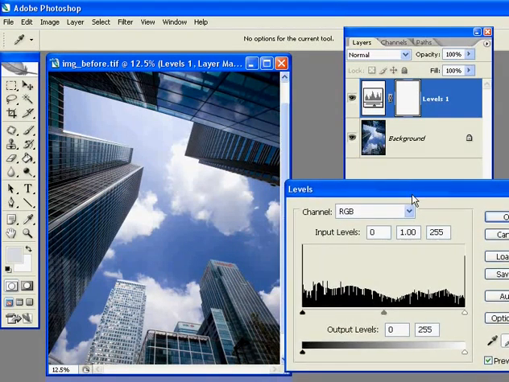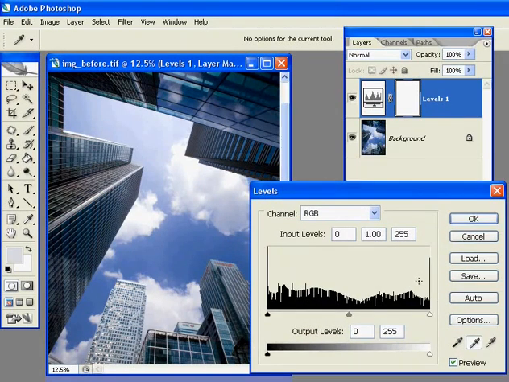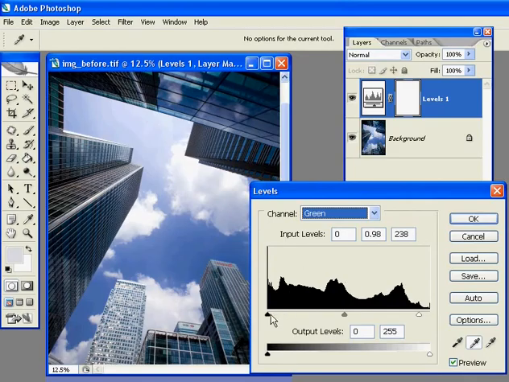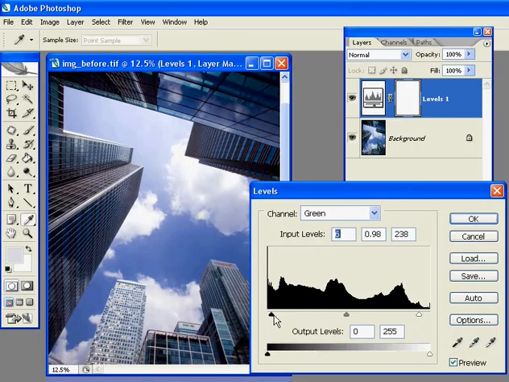However, you may actually have liked the blue cast it created, so we can boost this up using levels without affecting the white point, simply by using the channels themselves. I can boost the dark end of the green channel. You can see how that beefs things up a little bit. Similarly, I could darken the midpoint of the reds a bit there as well. And if we now preview,